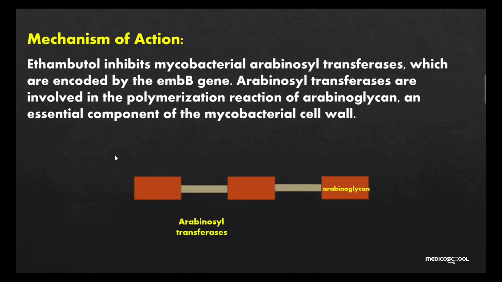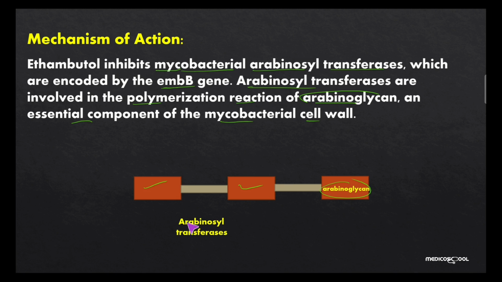First of all, talking about its mechanism of action, that is how ethambutol works. It works mainly by inhibiting the mycobacterial arabinosyl transferase enzyme, which is mainly encoded by the EMBB gene. This arabinosyl transferase is involved in the polymerization reaction of arabinoglycan, and this arabinoglycan is an essential component of the mycobacterial cell wall. For example, these are the arabinoglycan